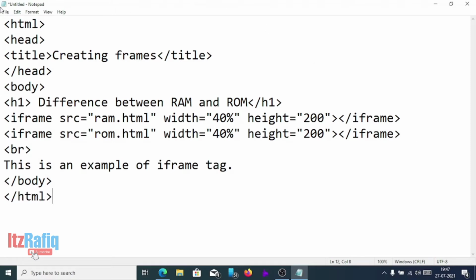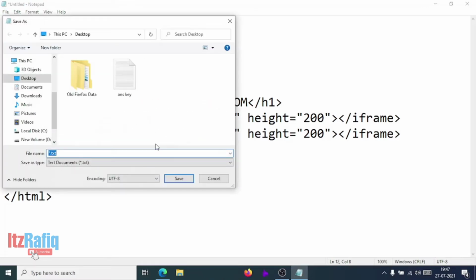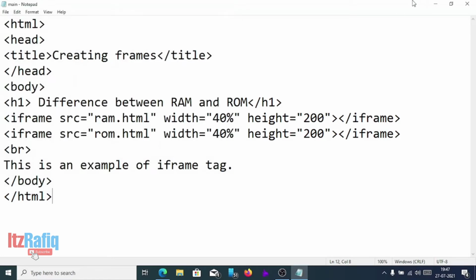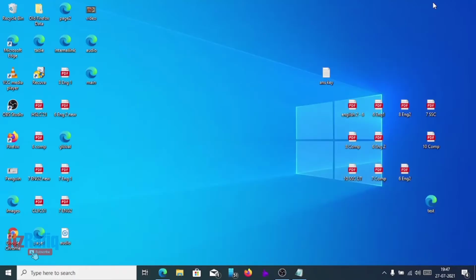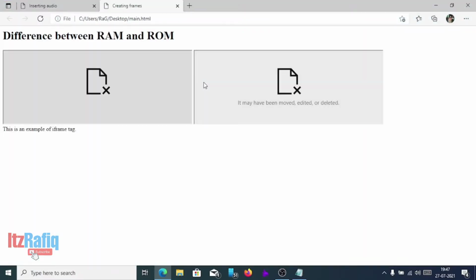Let's save the page first. We'll keep the page name as main.html. I have saved the page. Now let's open it. This is my main page. Here you can see a cross sign, because I have not created these two pages till now, so we see this sign.